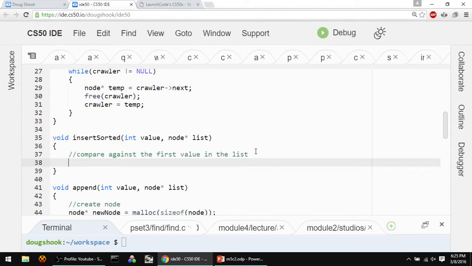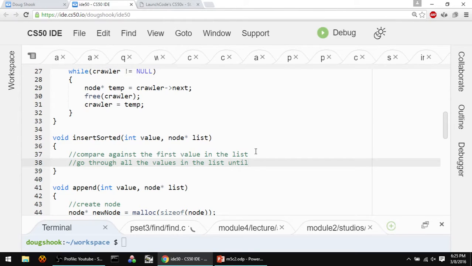I compared against the first value. Let's assume that the first value is smaller than the value that I gave you. So that's not the right place to put it. Then what? I have to go to the next one, right? I have to keep going. I have to keep checking. So go through all the values in the list